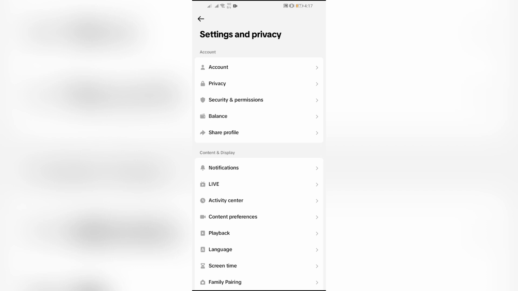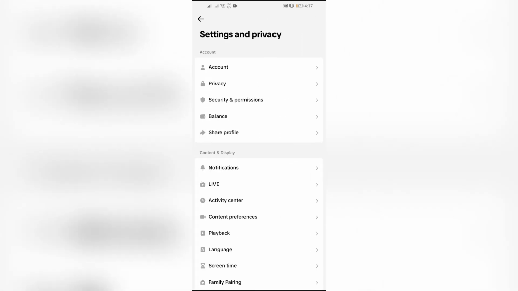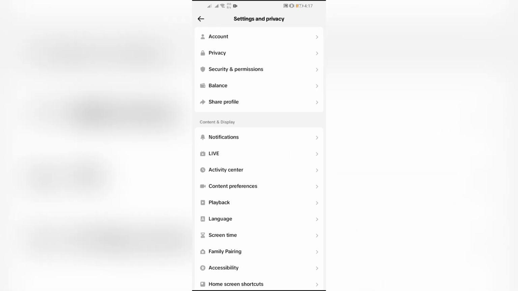And if your network connection is properly connected, now go to your settings and privacy, and from there click into Activity Center. And now after coming into Activity Center, you can find this comment history in here. You can see comments from the comment history. And after that, if it's still not showing your older or newer or any comments section, you just simply have